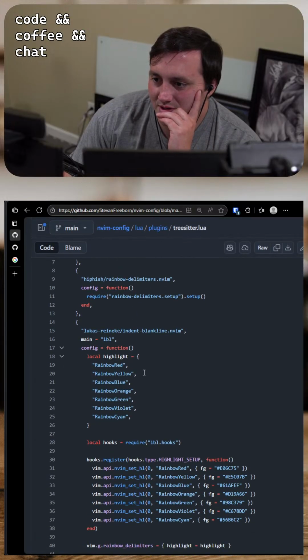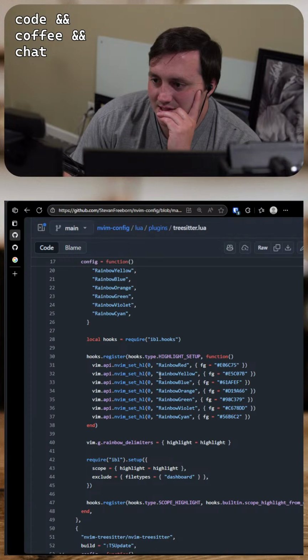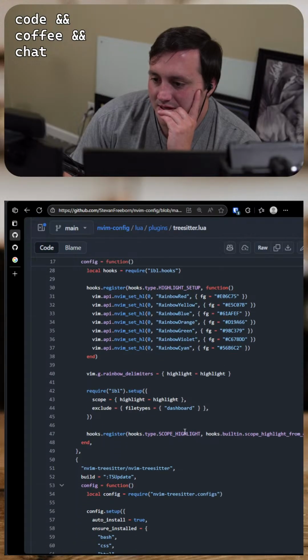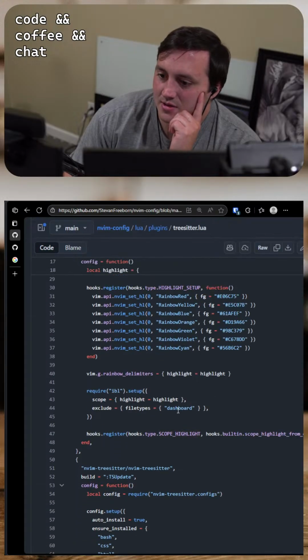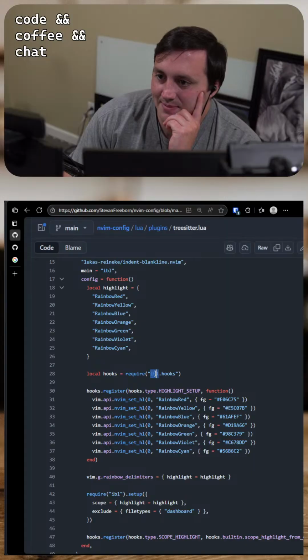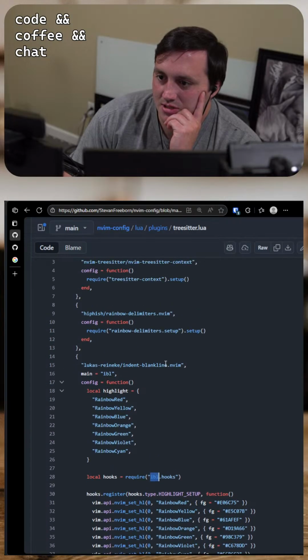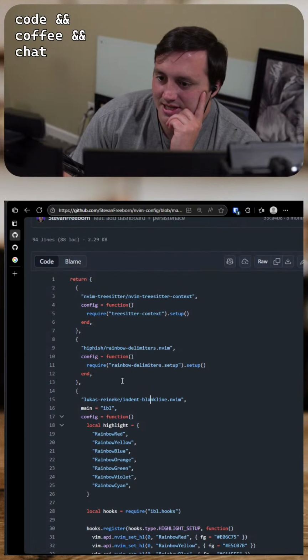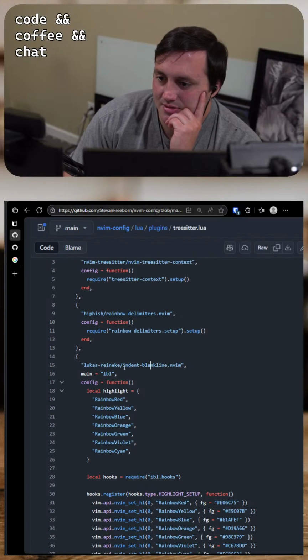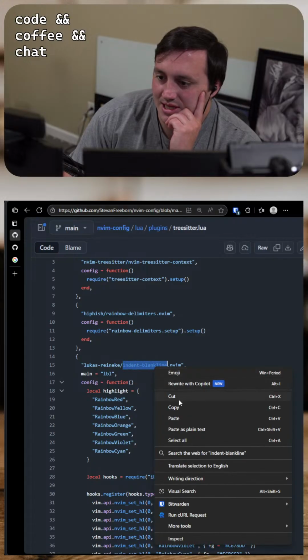So you have Rainbow Delimiters, there we go. I think it's this right here. So IBL hooks, indent blank line, I think is the plugin. Indent blank line.